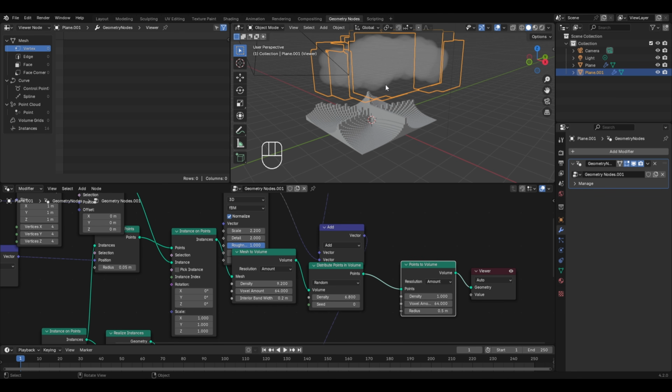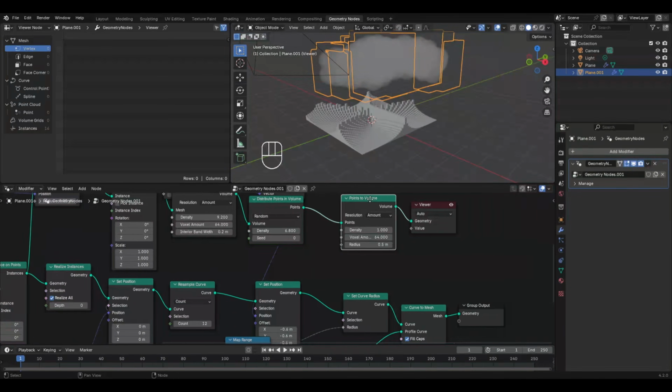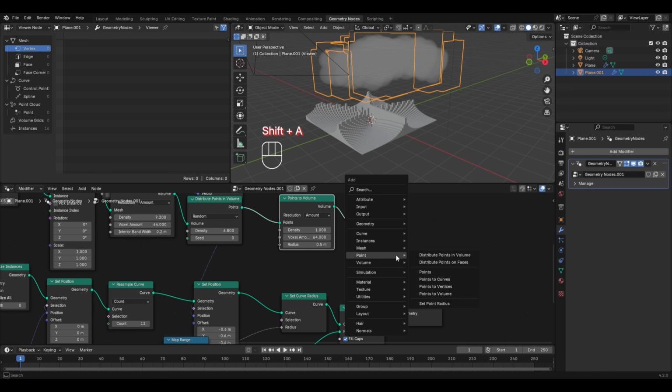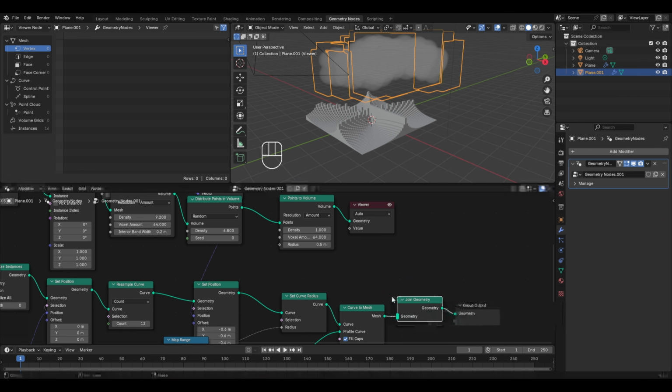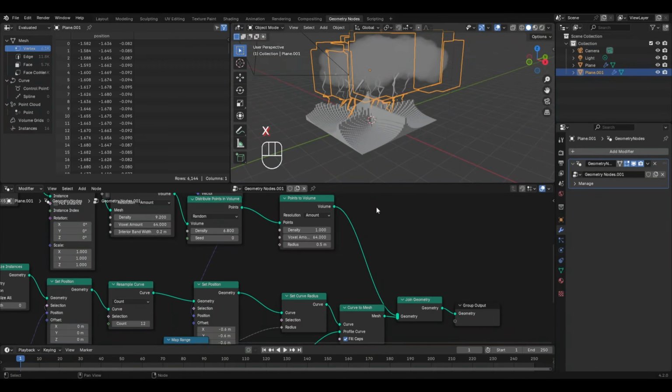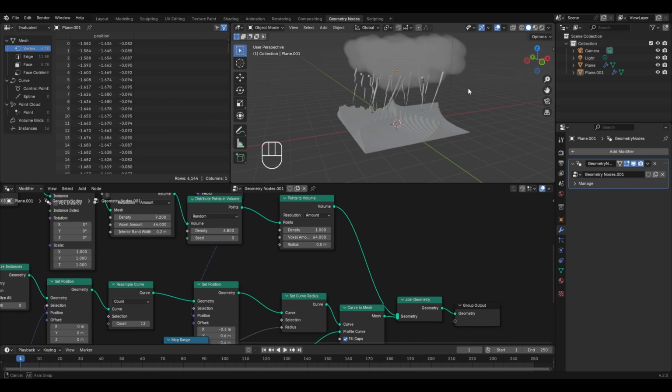To view the thunder lighting along with these clouds, we'll be using a join geometry node. So press Shift plus A, go to geometry and select the join geometry node. We'll place it before the group output. Now I'll take the volume socket and connect it to the geometry in the join geometry node. To view the result here, first I need to remove the viewer node from here. So I'll select it and press X, and now you can see that we are having the clouds along with